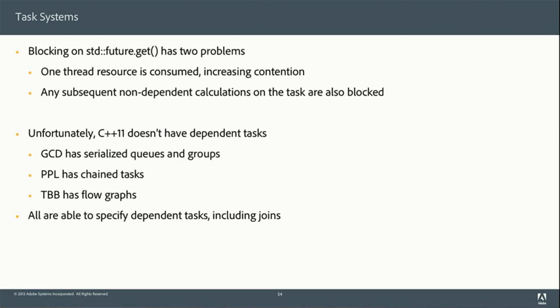GCD, which is Apple's solution, has serialized queues and groups that you can use to build dependent tasks. PPL has task chaining, so you've got then clauses that you can use. TBB has flow graphs as another way to slice this problem. All are able to specify dependent tasks, including joins, where two tasks come together.